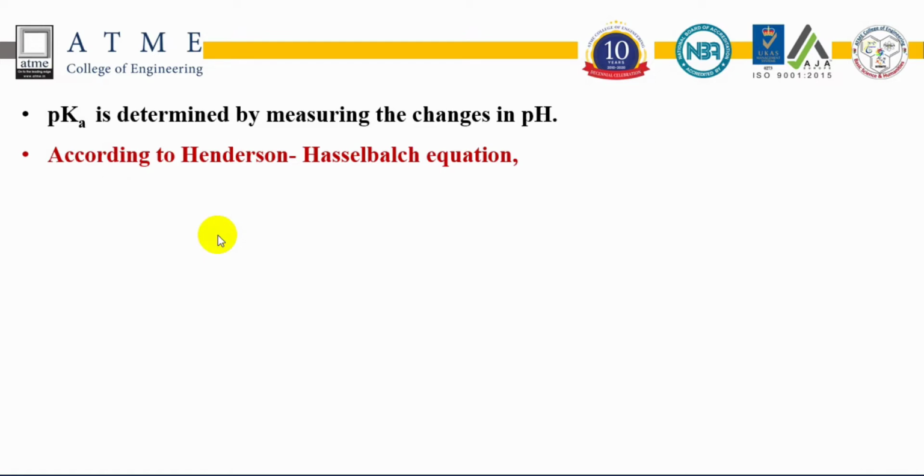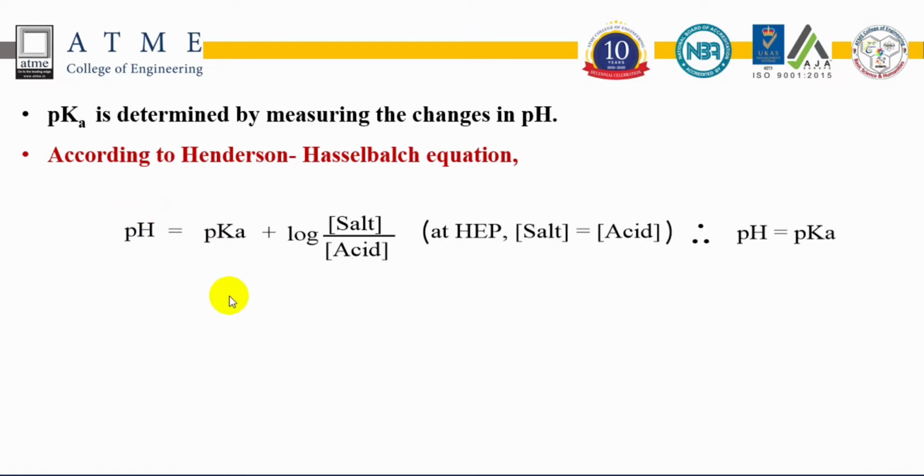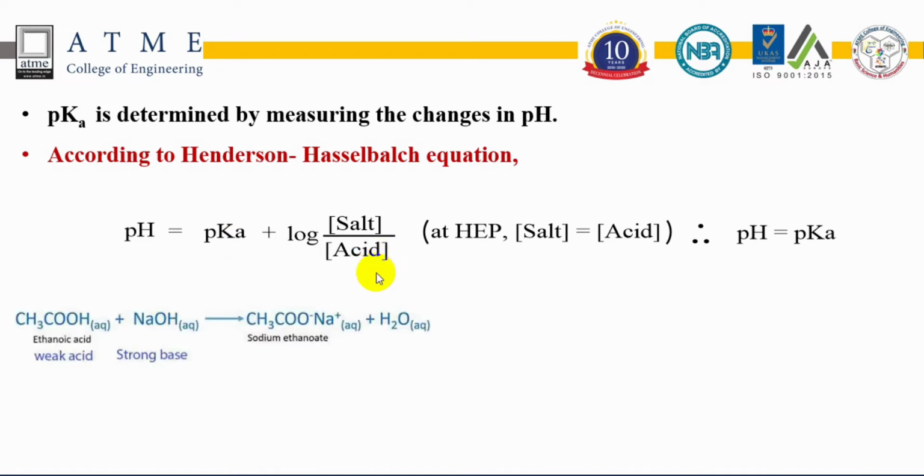According to the Henderson equation, pH is equal to pKa plus log of salt by acid. Here is a weak acid, acetic acid. When it is titrated with NaOH, we get the product sodium acetate, which is a base, which is a salt, right? This is the product salt, and this is the acid. So according to this equation,